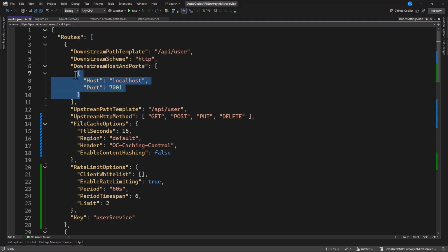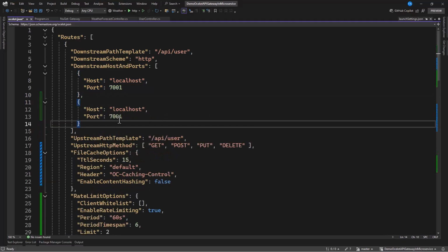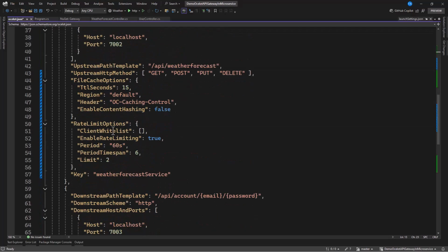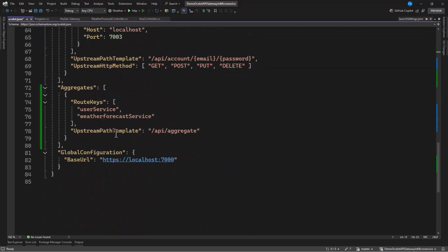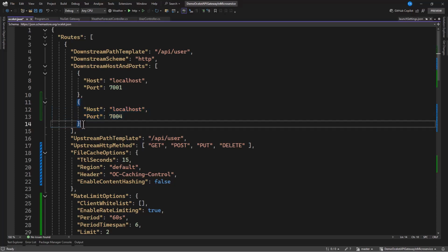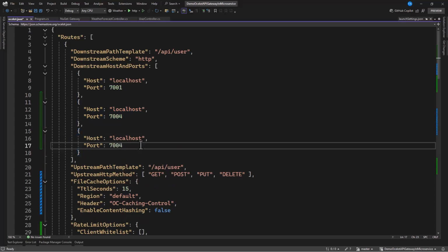Let's make a copy of this, and now let's add a comma and paste this. Now let's change this port. We have a last port of 7003, so we can have 7004, and now we can also copy one, and now let's say 7005. So we see from here we are making 3 instances of this application.